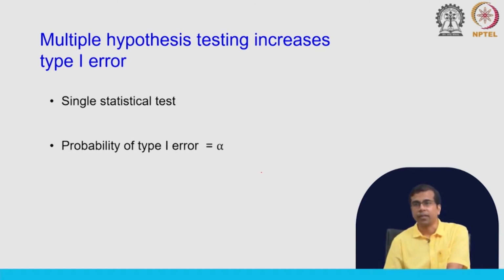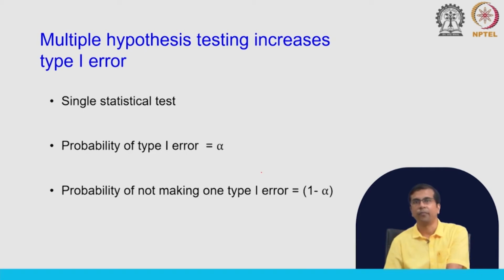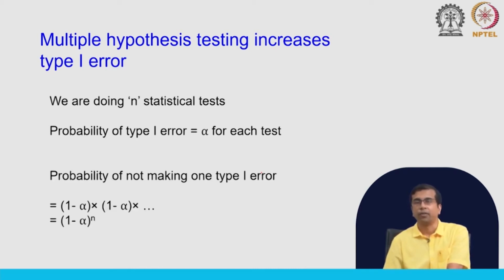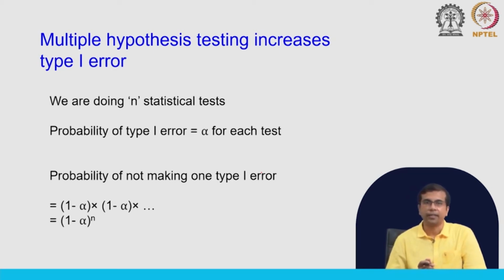Now, the second situation is that it will also increase the probability of a single false positive call. So, we can look at it in another way, again the same situation. The probability of not making one type 1 error is 1 minus alpha. So, if the probability of a type 1 error is alpha, then the probability of not making one type 1 error is 1 minus alpha. And let us say we are doing n statistical tests, and the alpha remains the same for each test. Since we are assuming these statistical tests are independent,